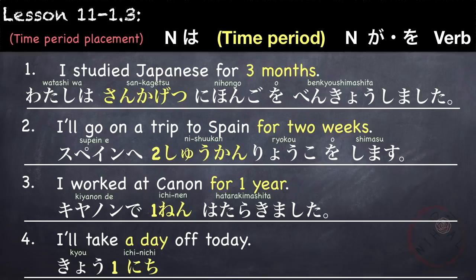今日1日休みます。今日 today, 1日 one day or a day, 休みます to take a day off. 今日1日休みます。